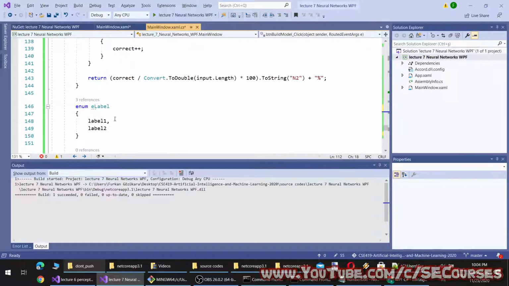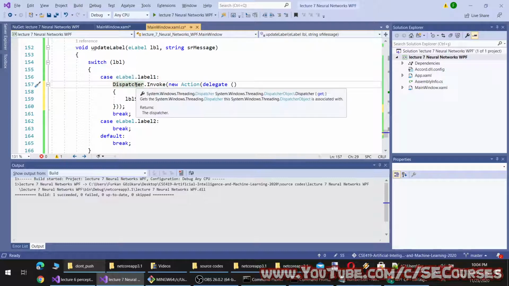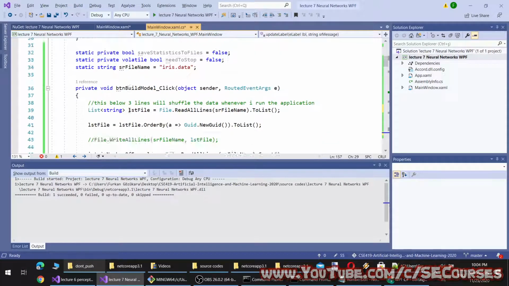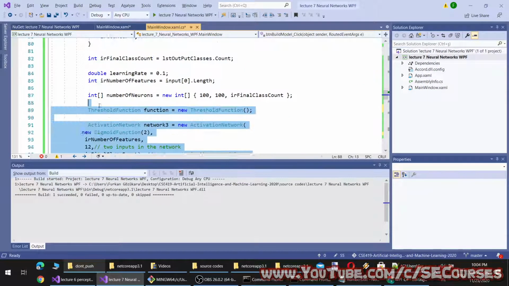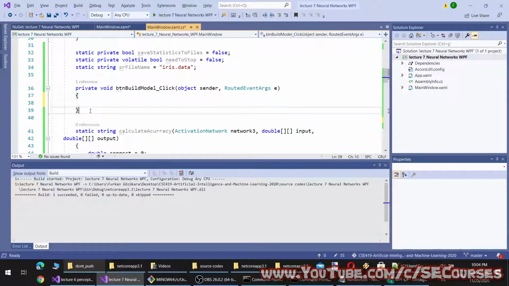Okay, so I have written this code because I will be working with threads and tasks. Therefore, from a subthread, you cannot update the user interface. You can't access the elements of another thread. Therefore, I will be using the dispatcher. The dispatcher is used to do things on the user interface, and I am going to take all of this into a method, so I can call it with a simple method call.